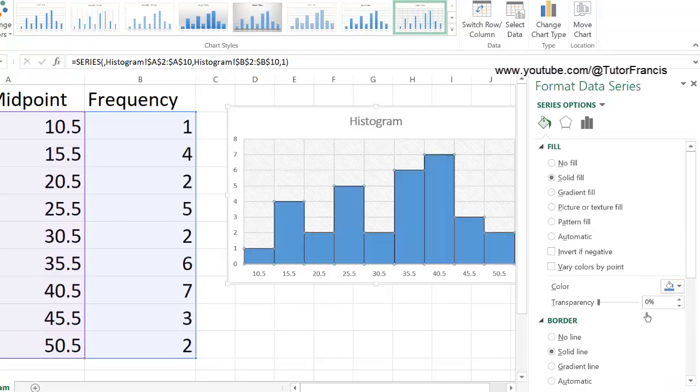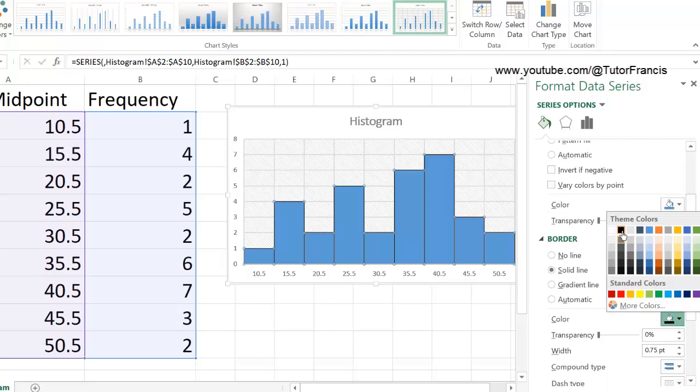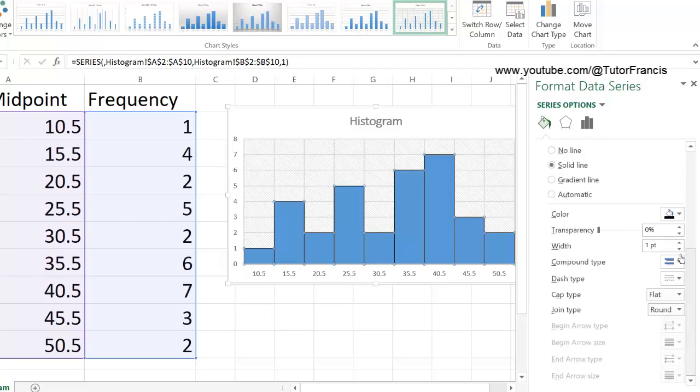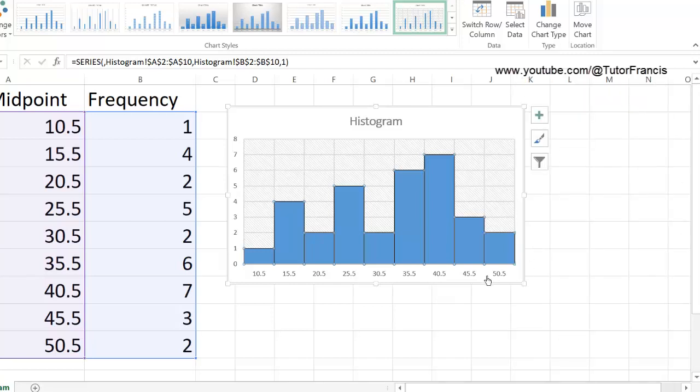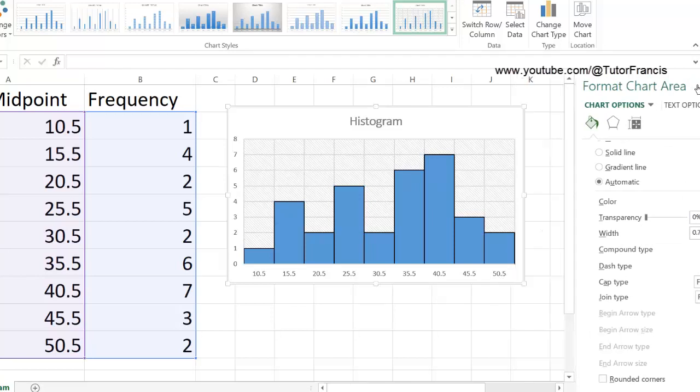So I'm changing the fill. Then the border color is black, so I can select black here. That's all. You can change the thickness or the width here. Then yeah, okay, you click this. So we're able to